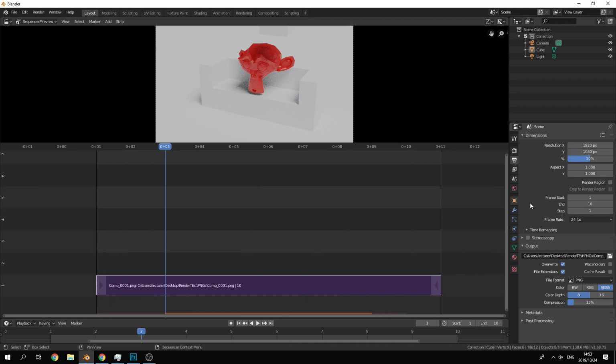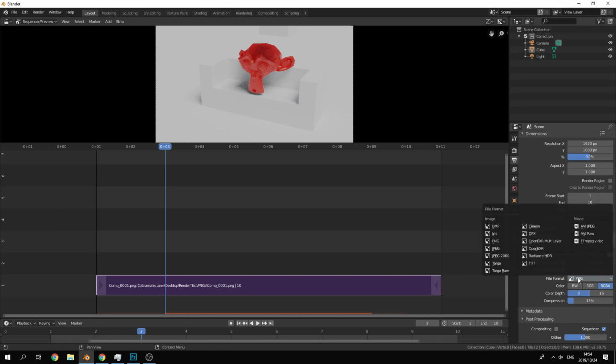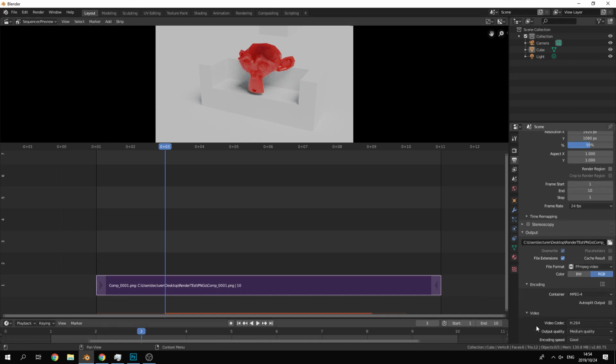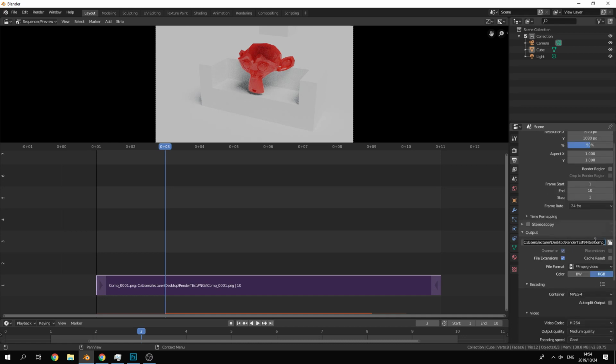And then to export this instead of our comp, all that we need to do is in post-processing under the output, say don't do whatever compositing is doing, just do the sequencer. And then we want to save this as an FFmpeg video. Set the encoder to MP4. That's very, very important. If you have audio, make sure that your audio is on over there, so AAC. And then we can say,